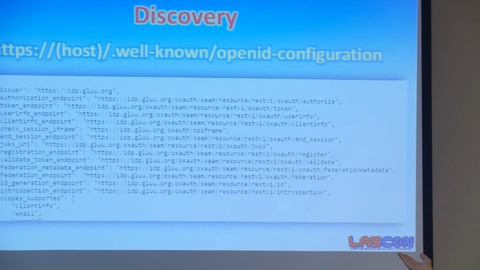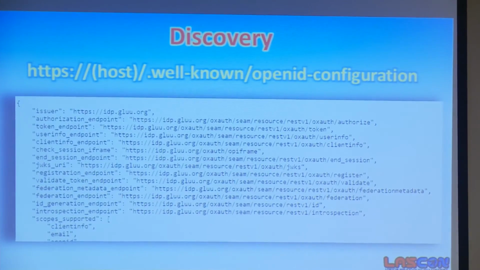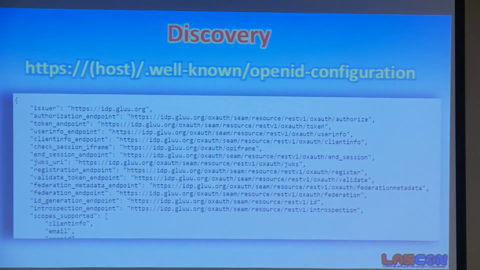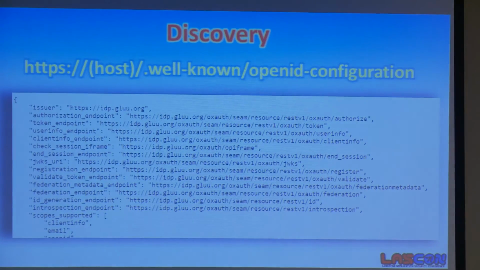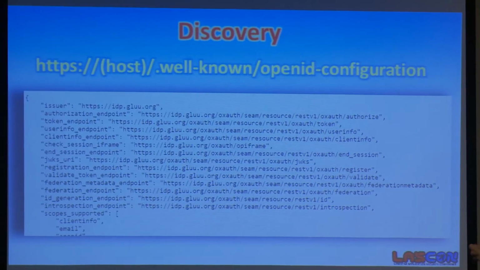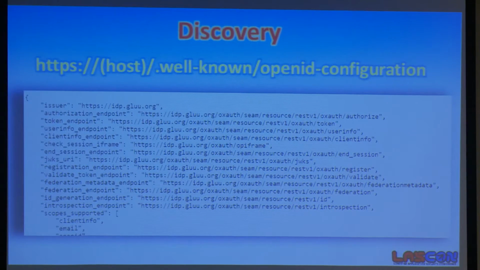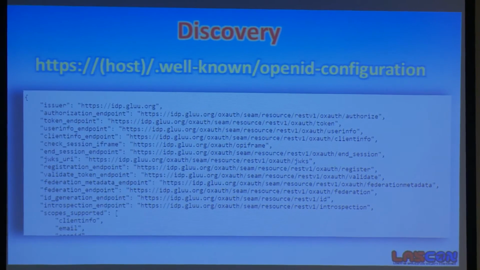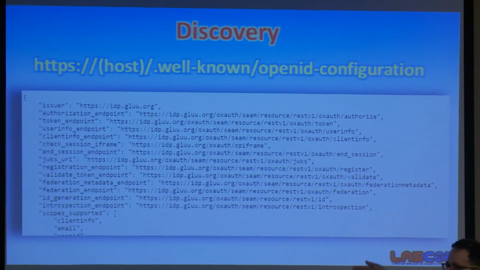And I've never done business with this website before. So I go to checkout, I put in my email address, mike@glue.org, and the website makes a discovery request to glue.org. It says, I have a user from your domain. I'd like to authenticate that user. So send that user back to glue.org. So make a discovery request. You just take the Mike@ and you drop it, and you take HTTPS glue.org, and you add on that well-known OpenID configuration,